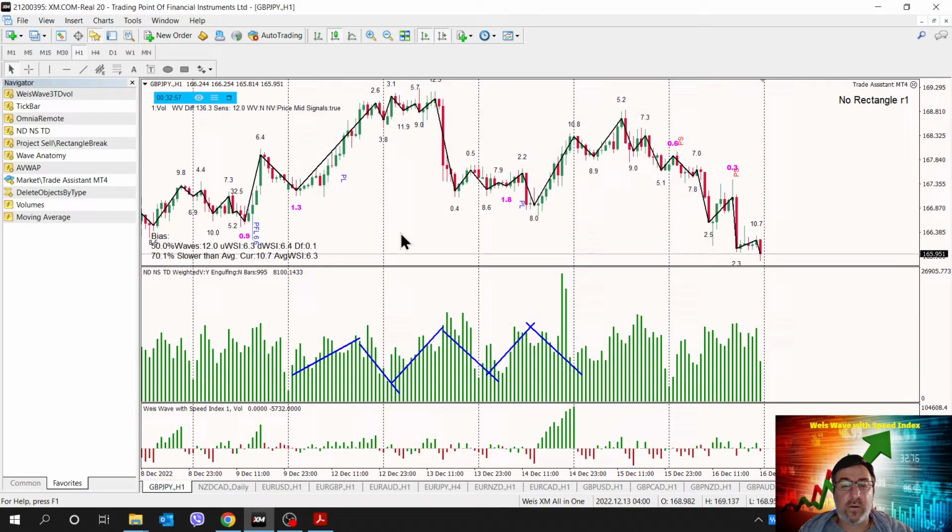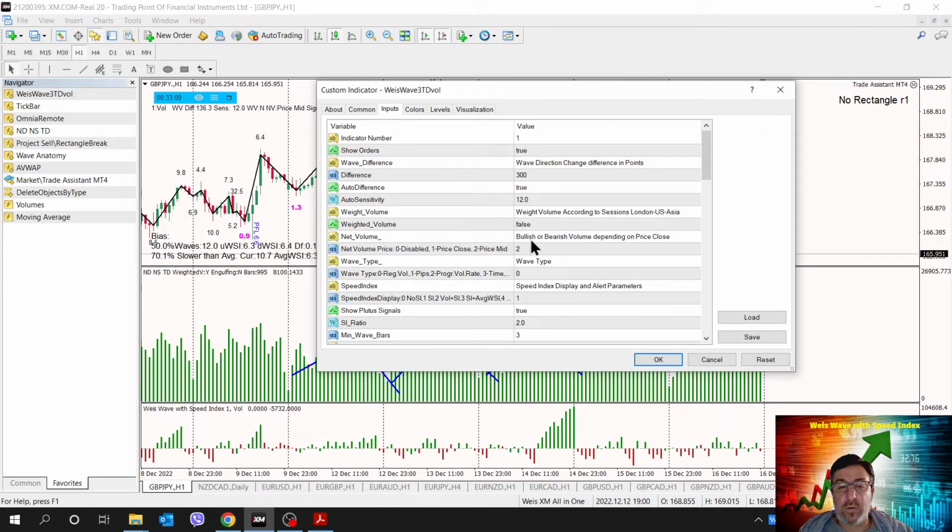So you can see how the volume waves are formed considering the median as price. Let me go back to the original settings.